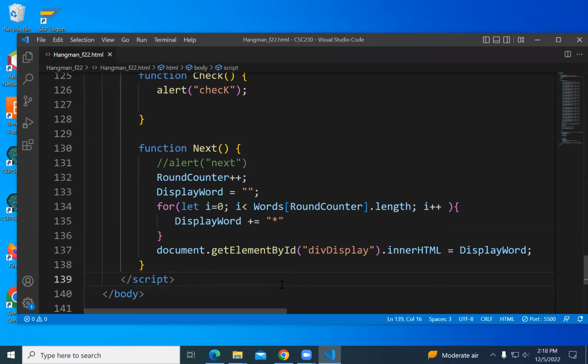Yes, no, maybe. It's not a convincing yes. Well, let me just ask this question at this stage. When they're presented with a new word, do we want to force them through that round to win or lose that round? Or are we going to let them just say, I don't like that word and move on to the next word? Do they have to finish a round? It's our game. We can decide what we want to do. Do you want to force them to finish a round or not? They can move on in the middle of a round.